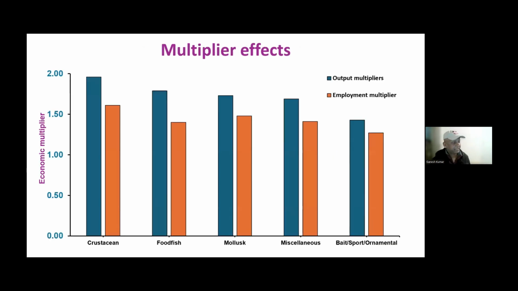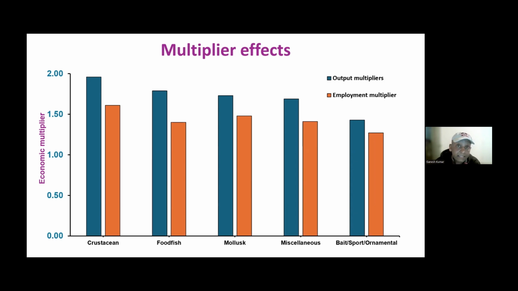The multiplier effect is something that general folks look for. How much is the impact within the economy because of one particular sector? We didn't see much of a difference between these 5 sectors in terms of their output multiplier or employment multiplier in general. But we typically saw that crustaceans have a little bit higher output multiplier and employment multiplier, predominantly because